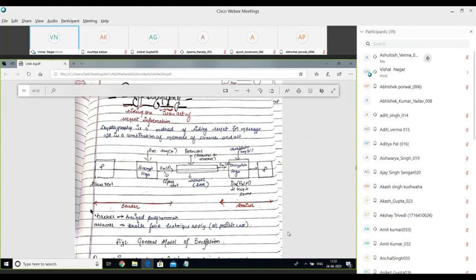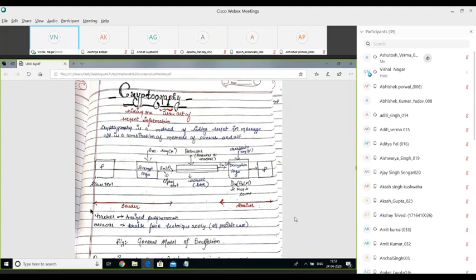So cryptography means the art of writing a secret code. Art means the more efforts you give in the process, the better result you will get. So cryptography is nothing but writing a secret code for a given text or for a given message.